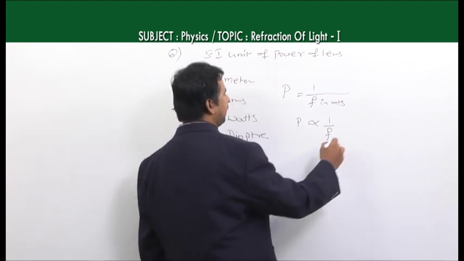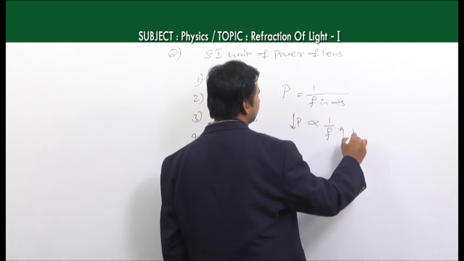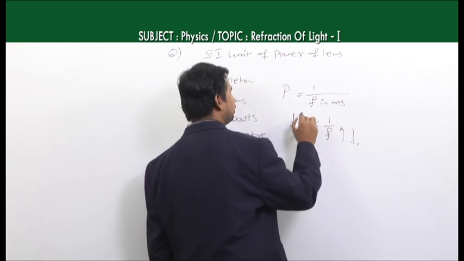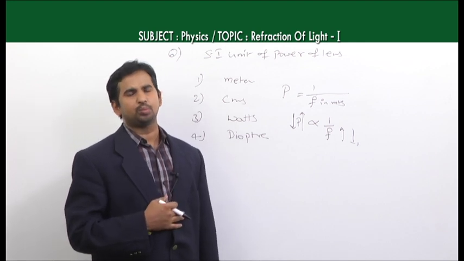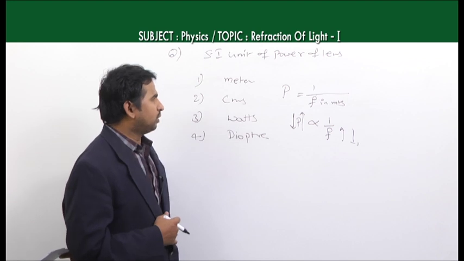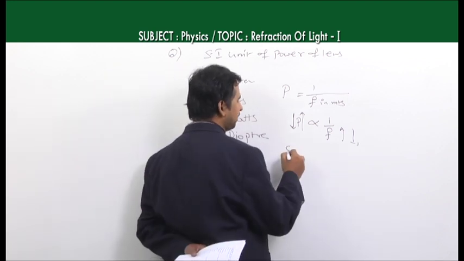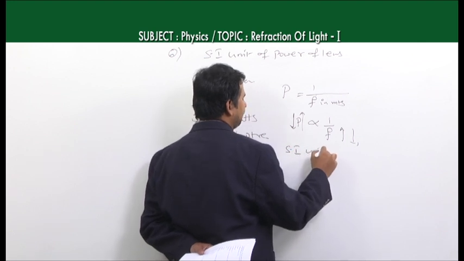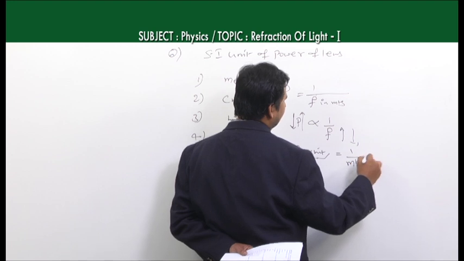Having more focal length, the power of the lens is always less, and when you have less focal length, its power is more. That is why both are inversely proportional to each other. In the case of power, which is 1 by f, that f we have to take in meters. So the SI unit becomes 1 by meters, that 1 by meters